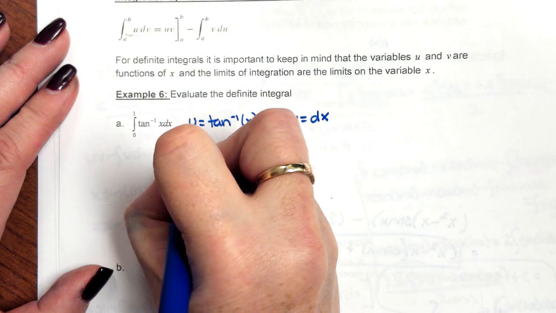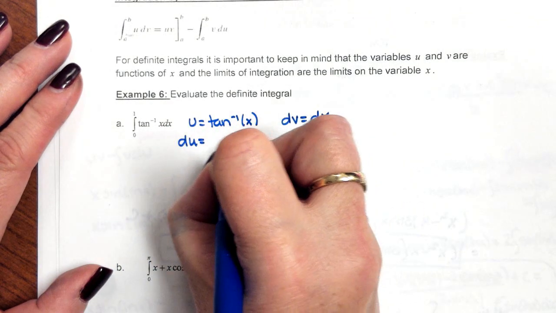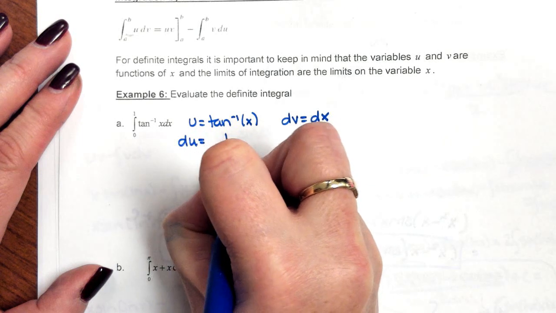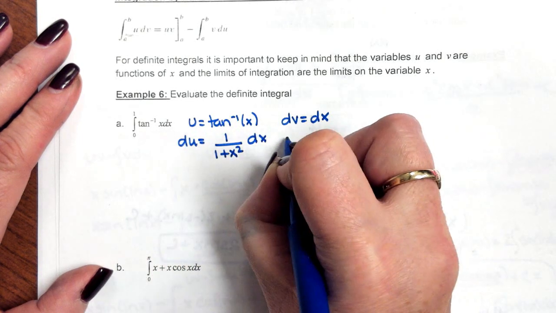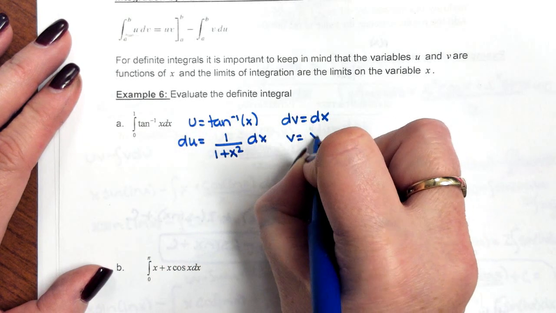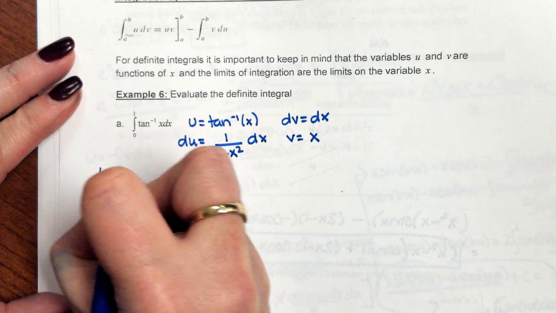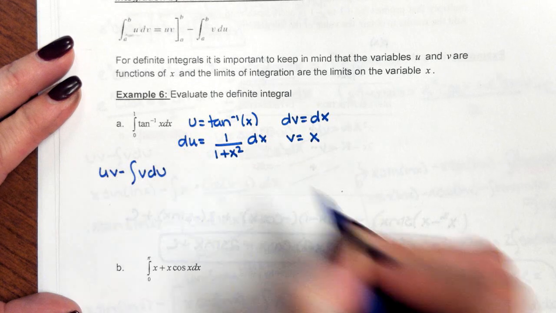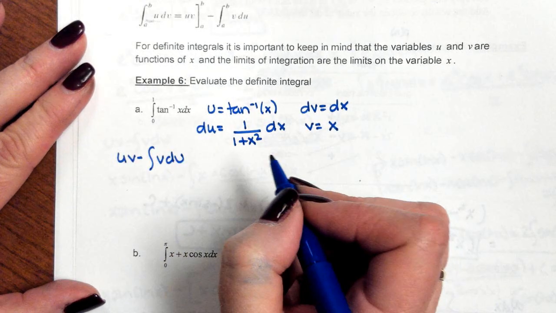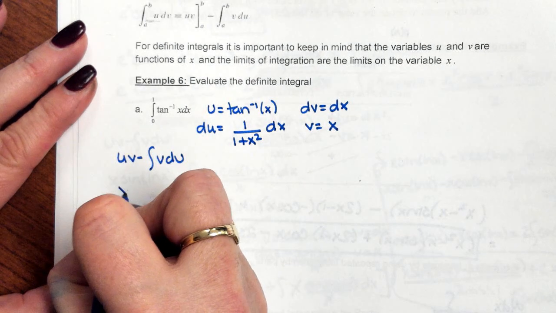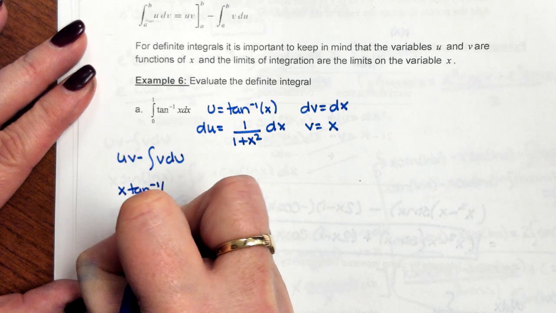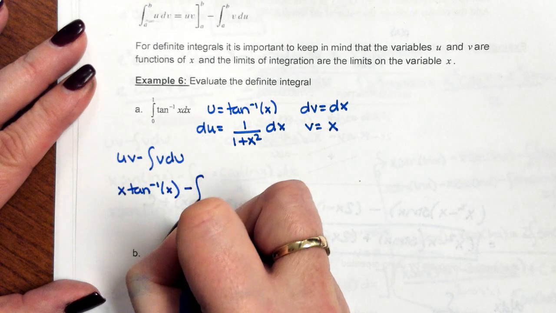So the derivative of just inverse tangent, I know, is going to be 1 over 1 plus x squared dx. The integral of dx is just going to give me an x. So using my parts, I have u times v minus the integral of v du. So I'm going to do my integration by parts. So u times v, so that's going to be x times the inverse tangent of x, minus the integral of